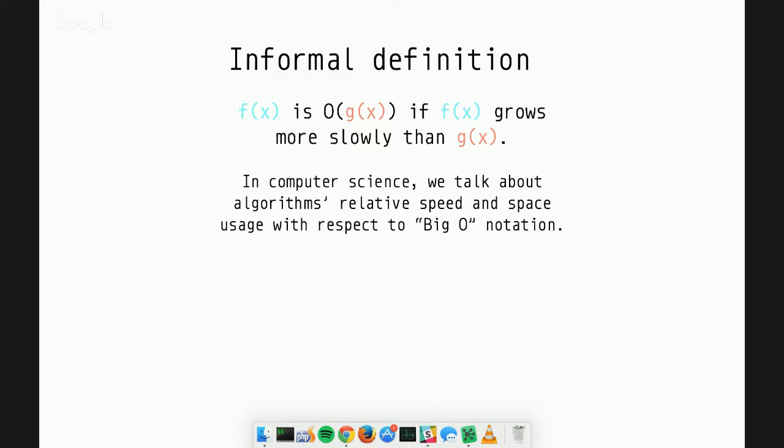So why do we care? We care about the growth of functions because we care about how algorithms perform relative to the size of the data set we're working with, in both speed and space, which I talked about earlier. Growth of a function measures this very well. So if you see that as the size of a data set is getting bigger, it starts to grow more quickly, then you know that when your data set starts to get very large, you're going to have some issues processing that data.